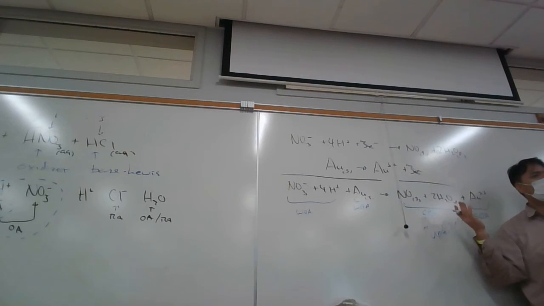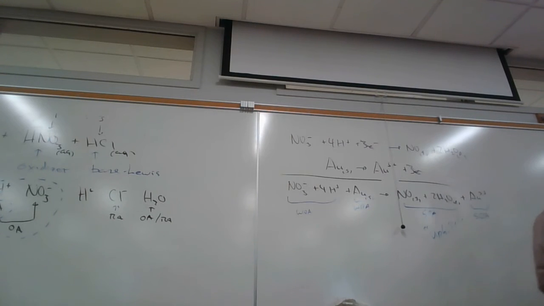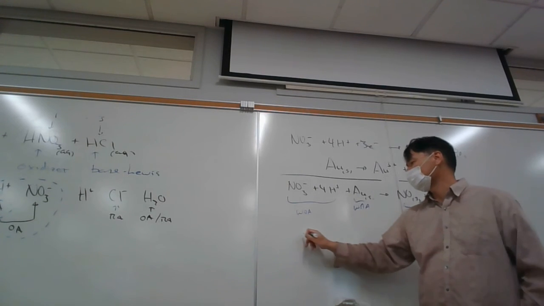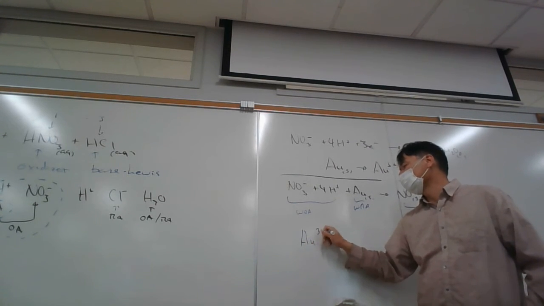It's never going to make it unless it gets a pull. And you know what it's going to get a pull from? It's going to get a pull from this. Now, gold 3, is that an acid, base, or neutral? You think, heck, that's neutral, right? But it's not. It's a Lewis acid. And so the pull is going to come from this. If I take my gold 3, which is a Lewis acid,